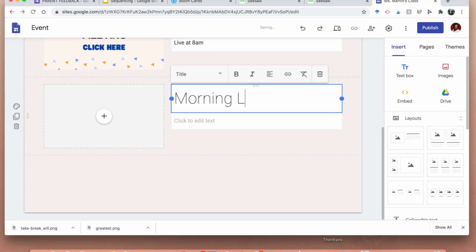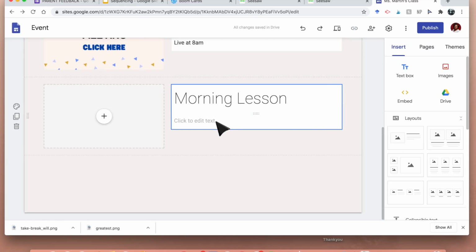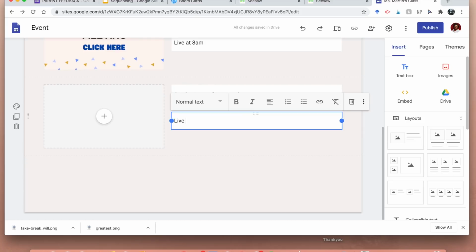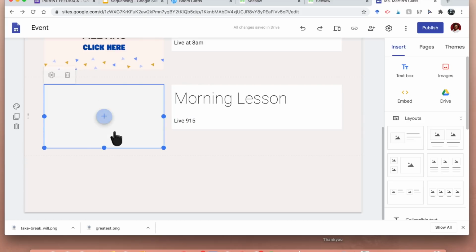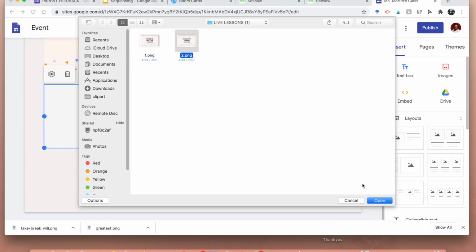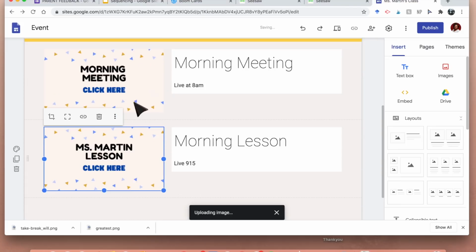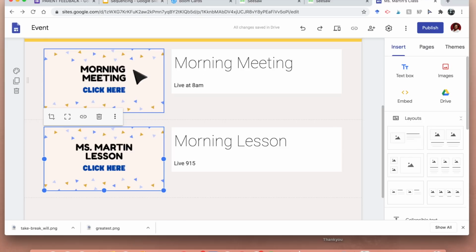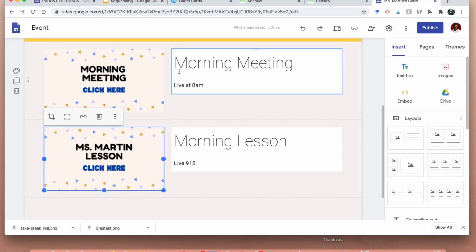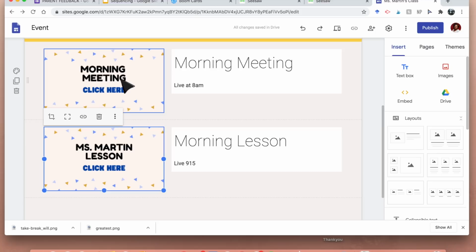They're either going to be Zoom links, and I highly suggest you make a recurring Zoom link, so every single day they can click on the exact same link and it's going to bring them to the same meeting, because you never want parents to keep texting you, "Where's the link? Where's the link?" So these two links are going to stay the same every time, my morning meeting and our